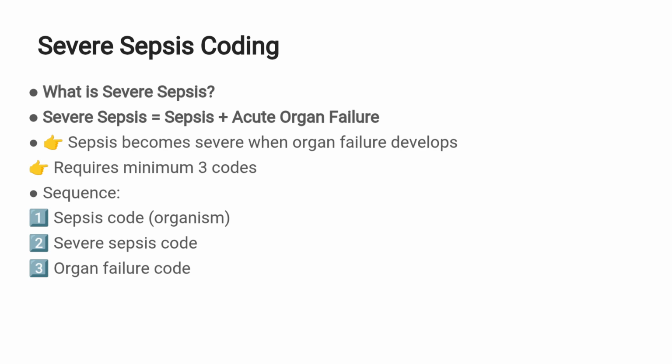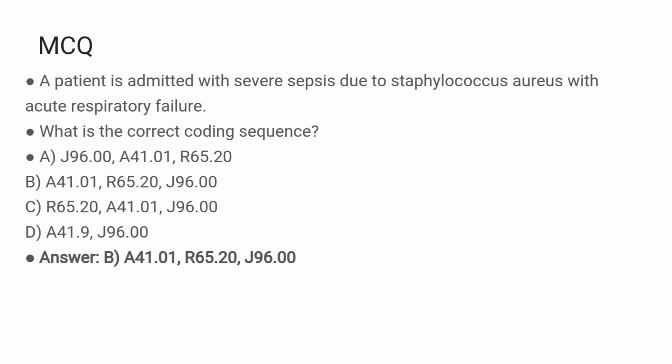First, assign the sepsis code based on the organism. Second, assign the severe sepsis code. Third, assign the acute organ failure code. So remember, sepsis plus organ failure equals severe sepsis. In this question, the patient has severe sepsis caused by Staphylococcus aureus and acute respiratory failure. So first, we assign the sepsis organism code